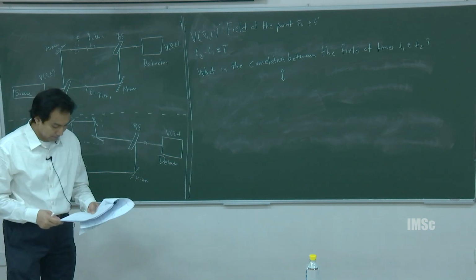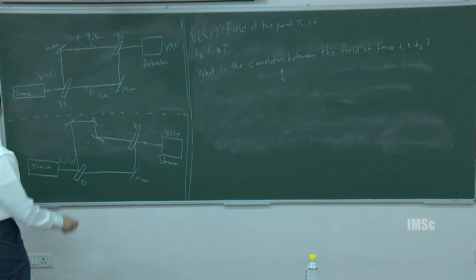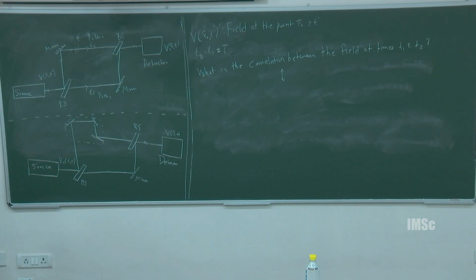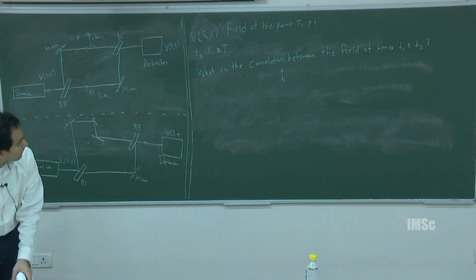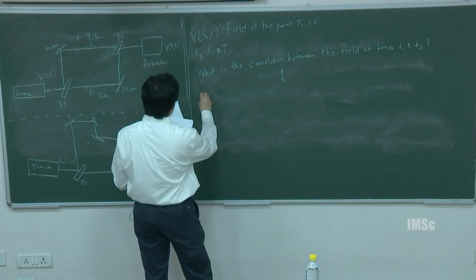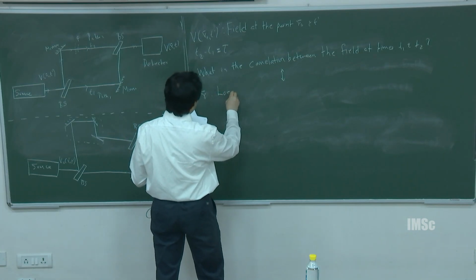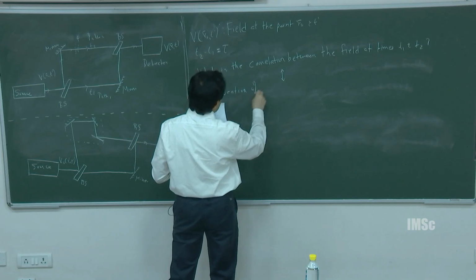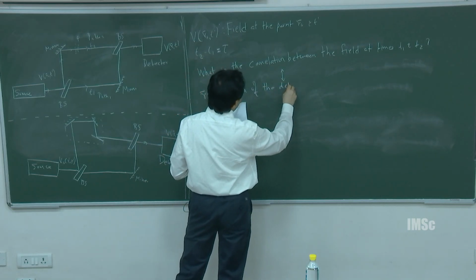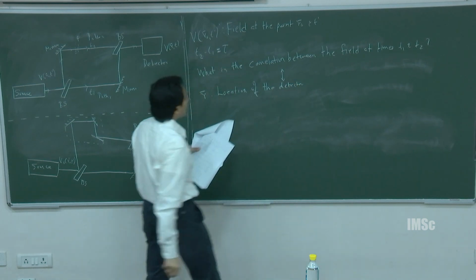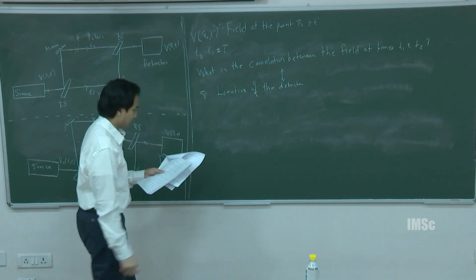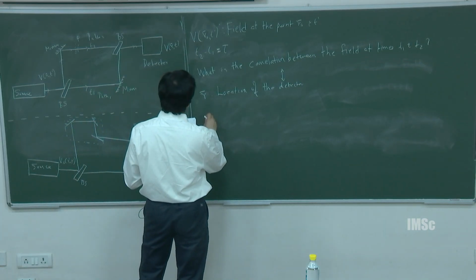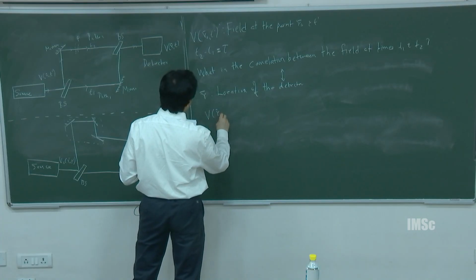So note that we are not changing the spatial coordinate. So it is still the field that is produced at this point. Okay, so we are not changing the spatial coordinate of the field. So R is the location of the detector. R is the coordinate at which the detector is located. So V of R, T,